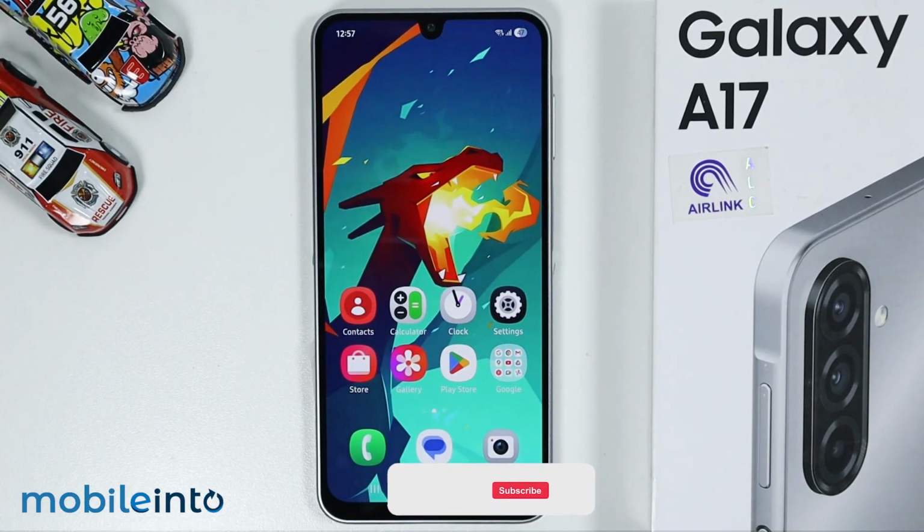Hey, what's up guys? So in this video, we will see how to turn on Hey Google on the Samsung